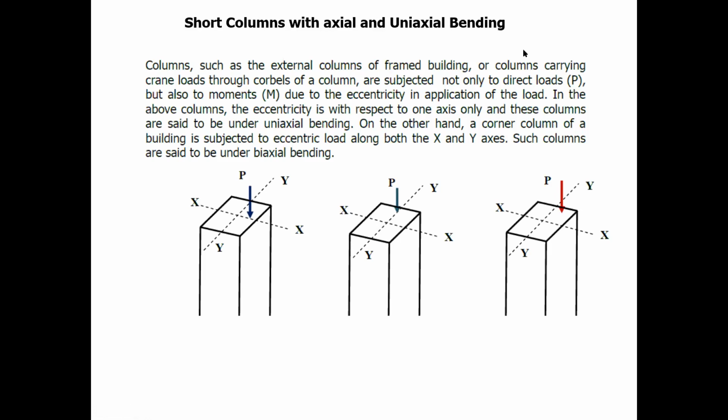So what do you mean by uniaxial bending? Sir, in that way, load and moment both will act, sir. Yes, good. Where the load and moment act, that is known as uniaxial bending. What about biaxial bending? Load acting on two sides of the column, with moment, right? Yes, sir. And you don't have any derivation regarding this. Okay, we'll move on to the problem directly.